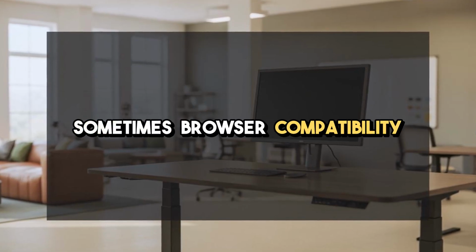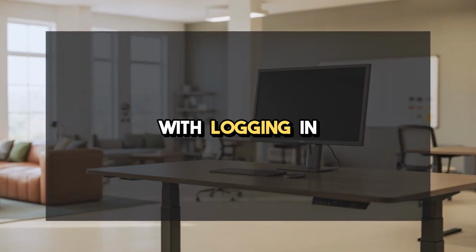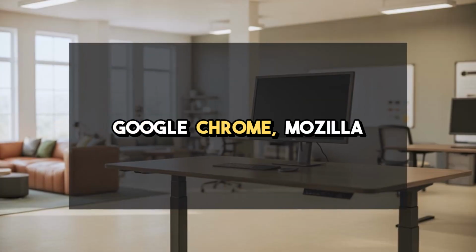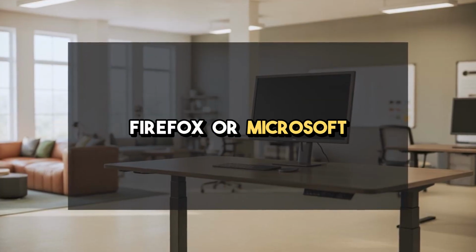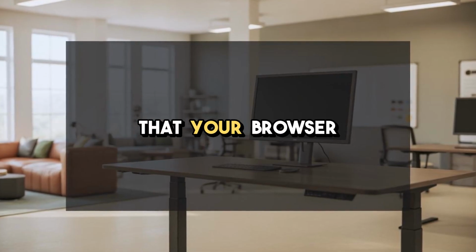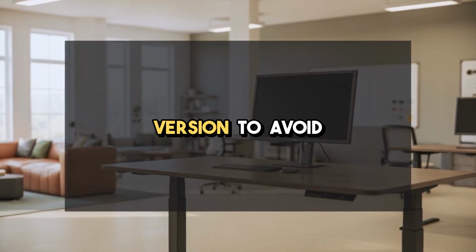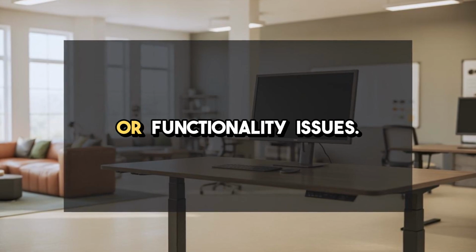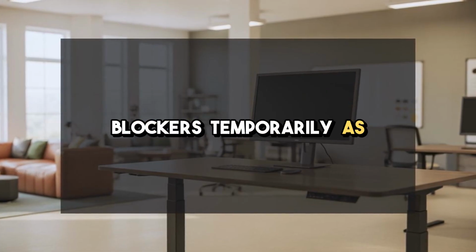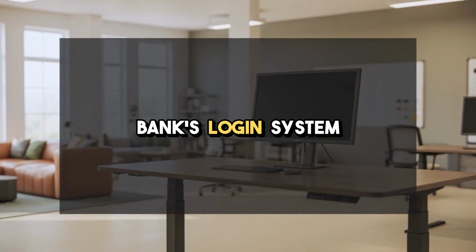Sometimes browser compatibility issues can interfere with logging in, so try switching to another recommended browser, such as Google Chrome, Mozilla Firefox, or Microsoft Edge. In addition, it's important to verify that your browser is updated to the latest version to avoid any outdated security or functionality issues. Disable any browser extensions or ad blockers temporarily, as they may conflict with the bank's login system,